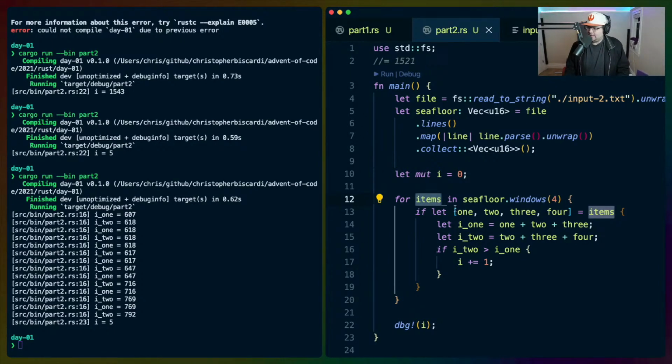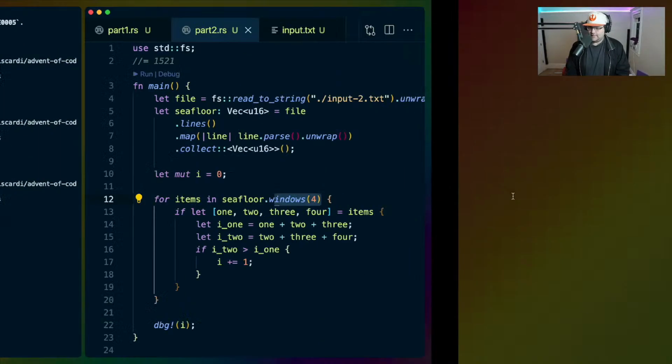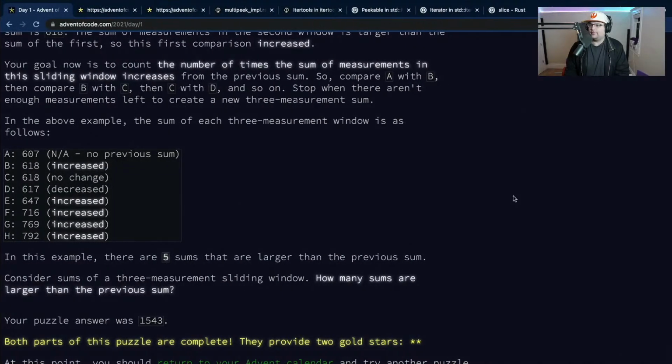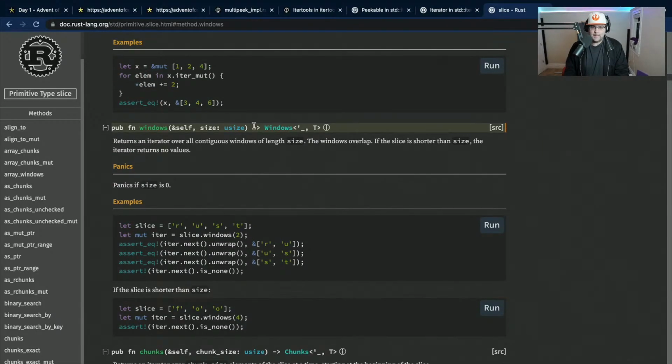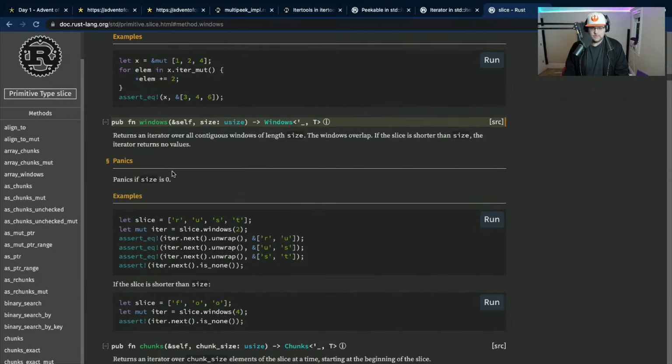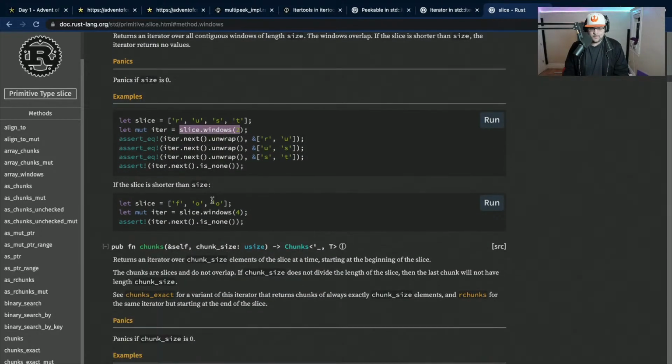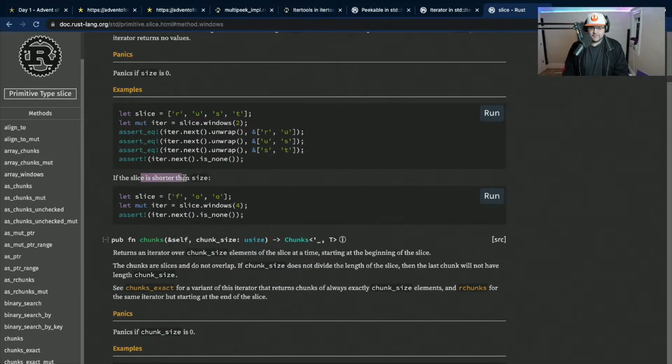I'm interested in knowing why Windows can't tell that it's supposed to have 4. I guess it's because it's a runtime thing, right? If the slice is shorter than size, you get none, right?